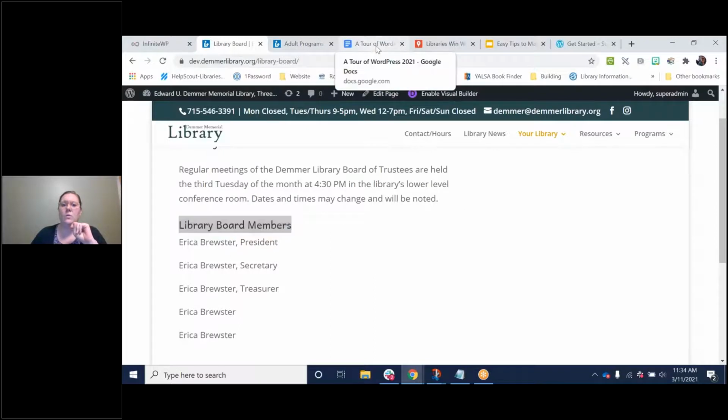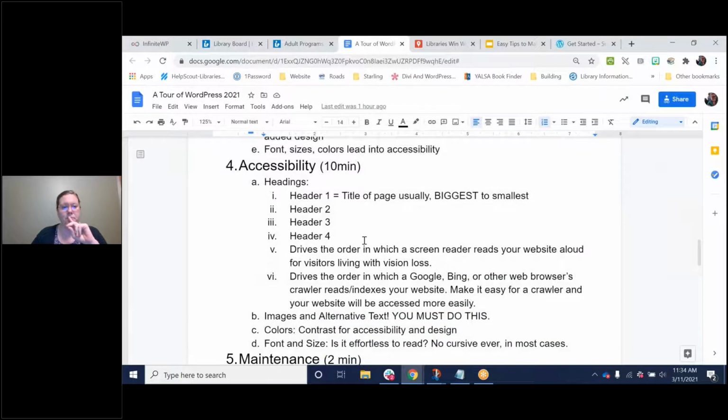If you take a look at the WordPress tour guide, you'll notice that the size of a header goes from 1, 2, 3, 4. 1 being the biggest, the number one. I'm number one. I'm the biggest. And as you go down the page, you want to use increasingly smaller headers so that it first directs the traffic of the browser that's reading your website.